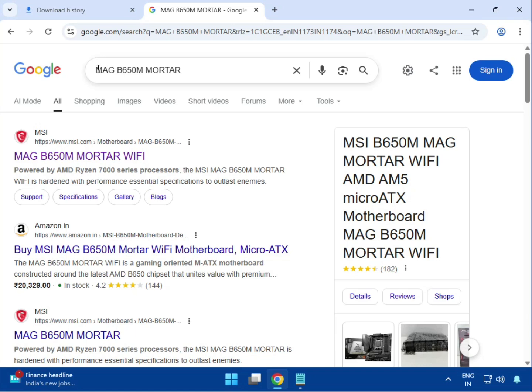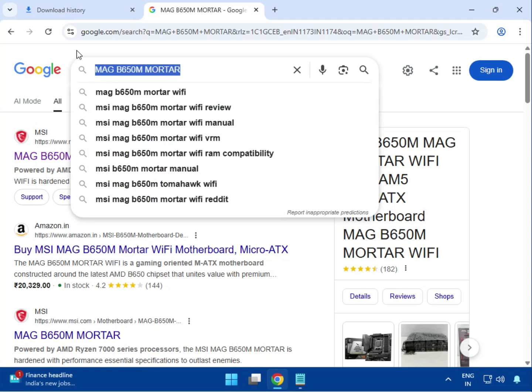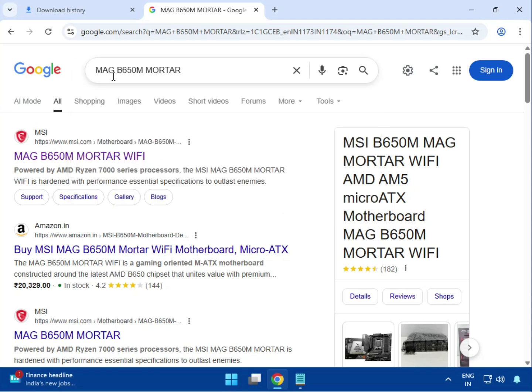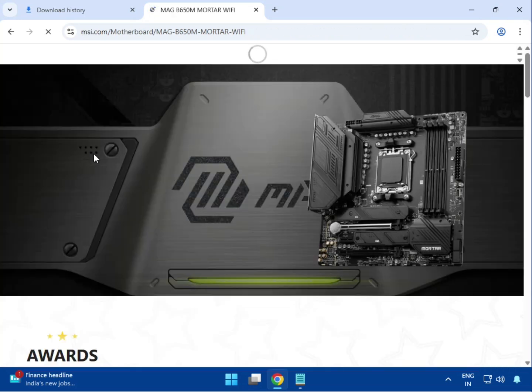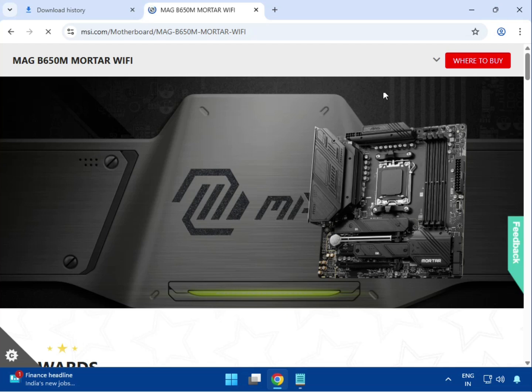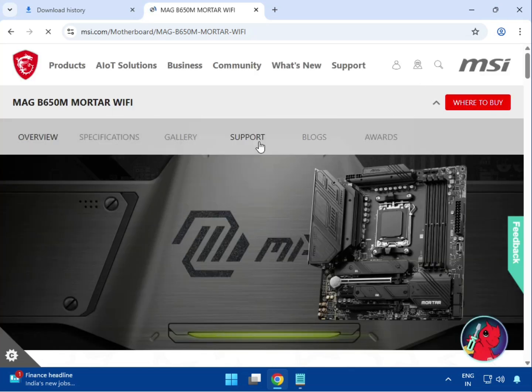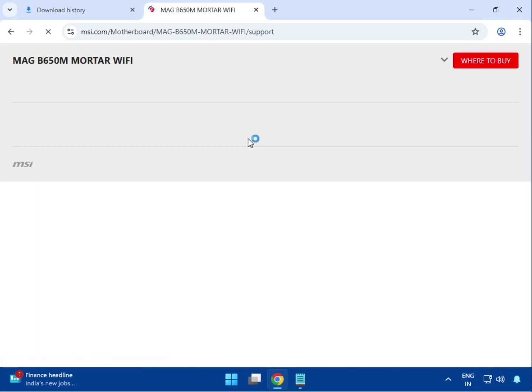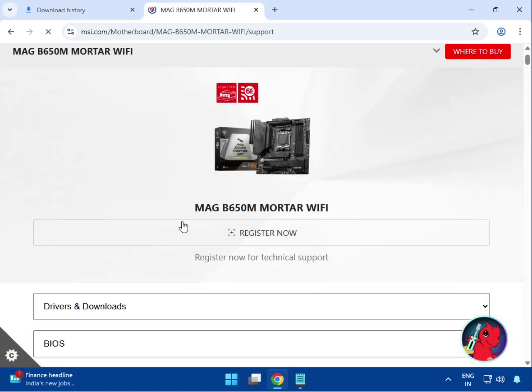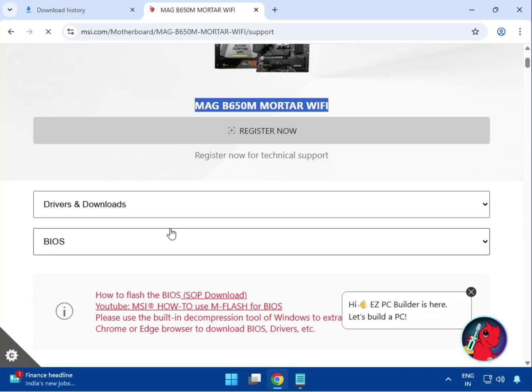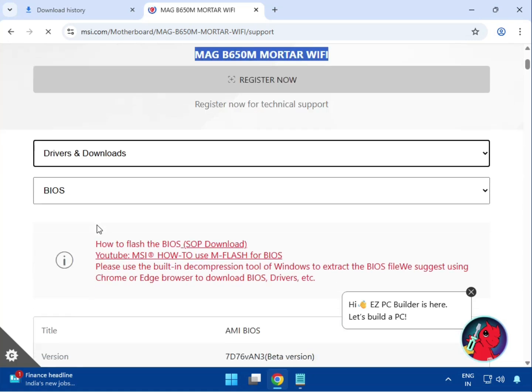Enter the model number in the Google search box, and then you can see this is first msi.com. So click on it, then click on support. Scroll down, this is your motherboard. Scroll down, select, click on driver and download, then click BIOS, select a driver,